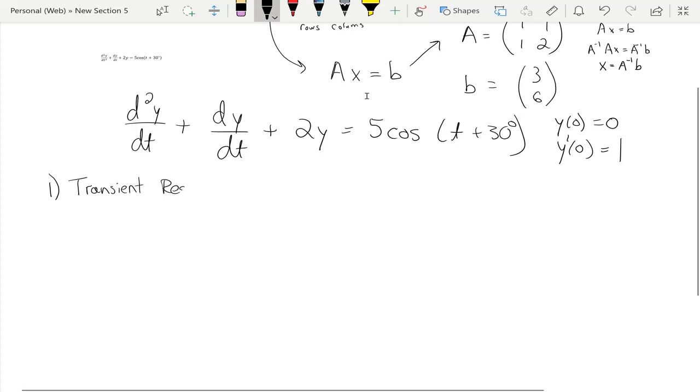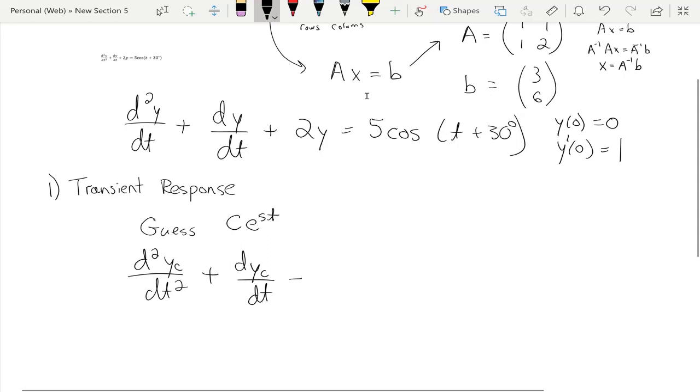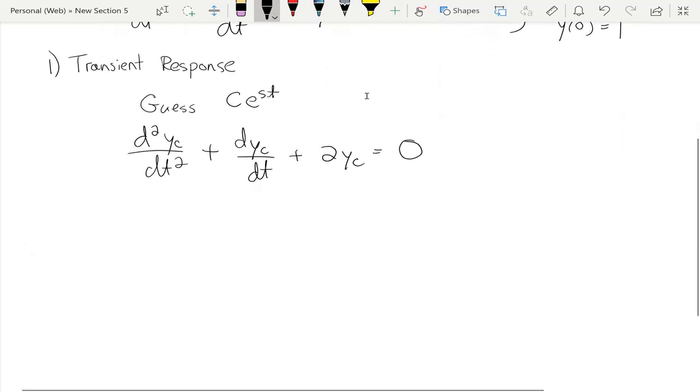Okay? So for that, I guess that my solution must be C e to the st, and I plug that into the homogeneous equation. So I plug that into the equation d squared y sub c by dt squared plus dy sub c by dt plus 2y sub c equals 0. So I plug that guy in there,